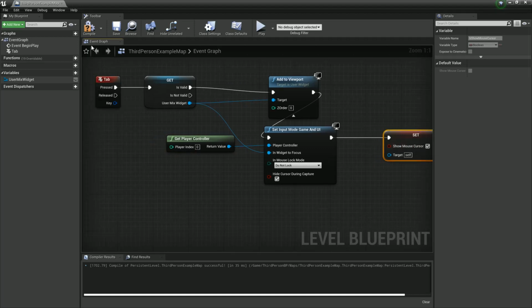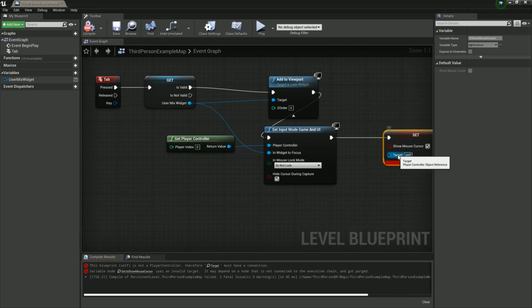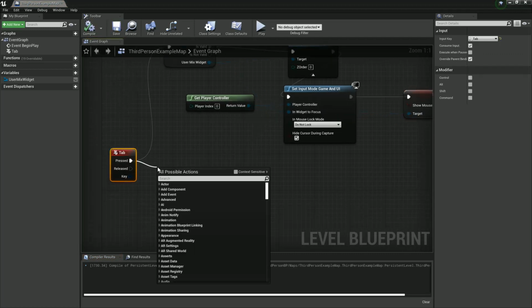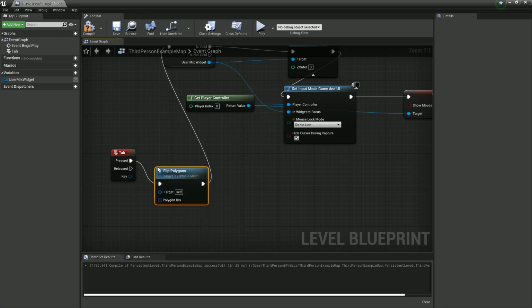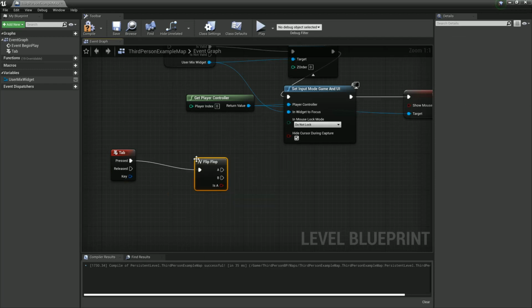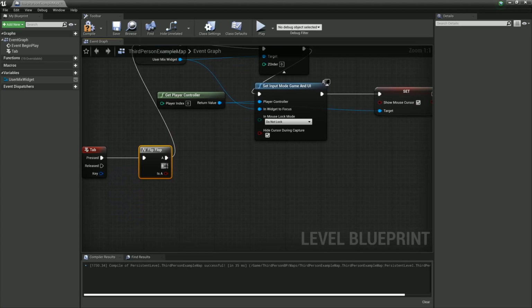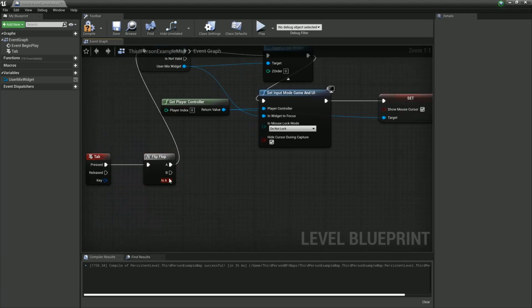Show mouse cursor, and then this is where the tab. We'll do a flip flop. Okay, so first time we go here. The second time we